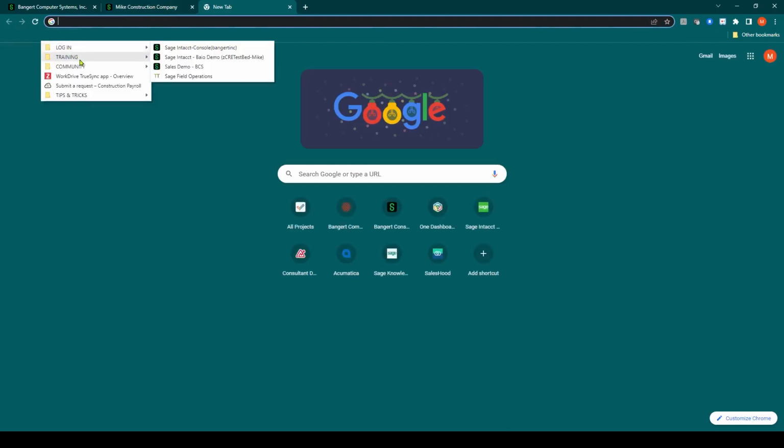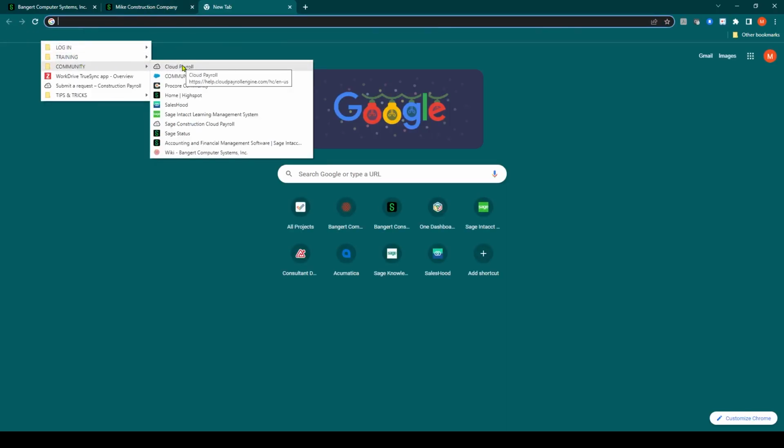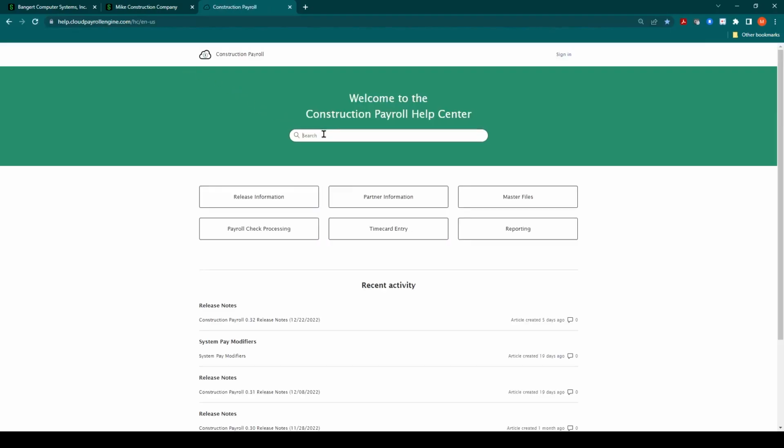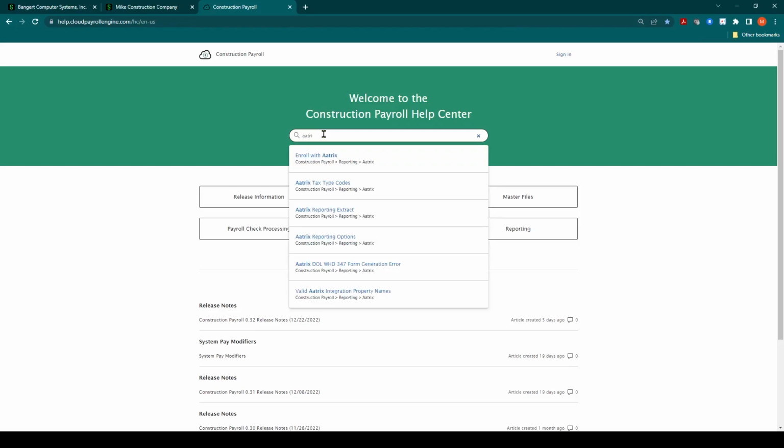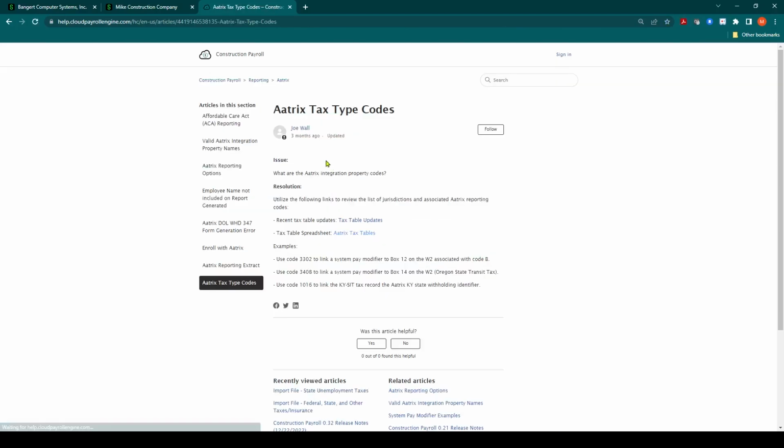So if I go over to the community, Cloud Payroll, and I type in Atrix, you'll notice there's an Atrix tax type code. If I click on that, it'll give us some instructions on how to fill out and integrate with your proper codes. And if you notice, there's a button down here called Tax Table Spreadsheet. This spreadsheet is extremely handy. It'll give you everything you need and what to look up on what tax codes you need.